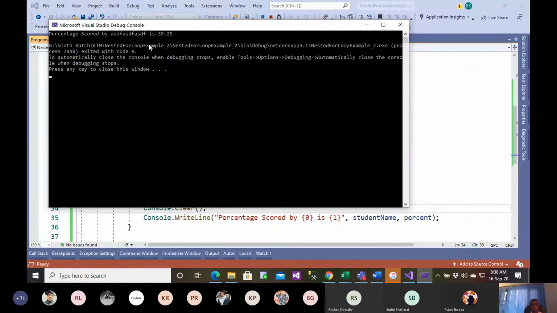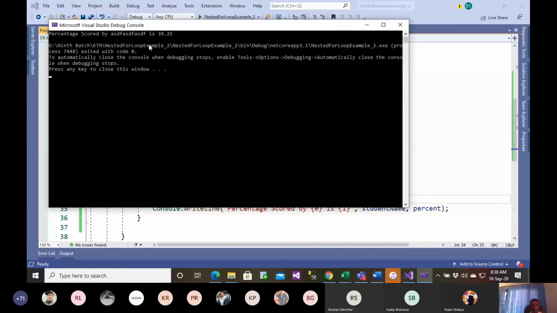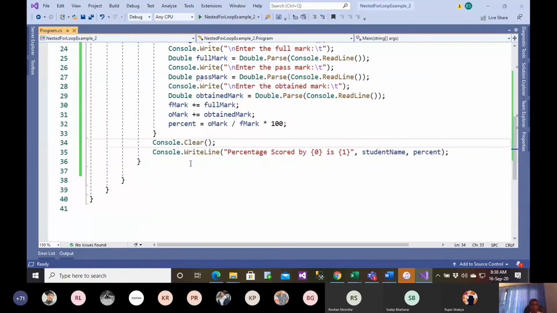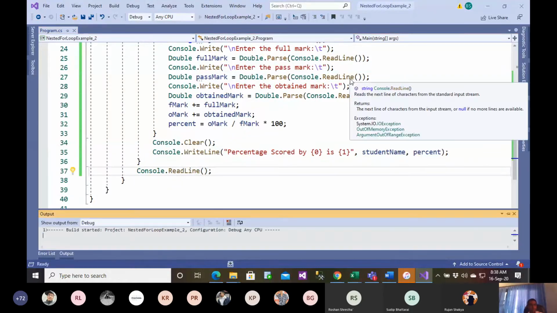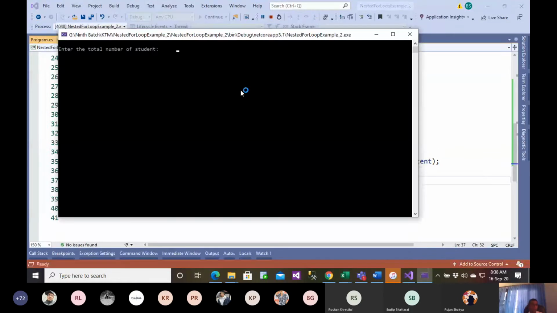So let me just make it more clear here. So let me go and just see. So, okay, let us make it something more. Try to do a little bit more. Okay, let us say that I have a total number of students is 2. Name is Ram. Total study is 2. Let's say study physics.